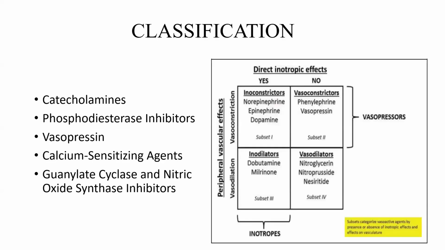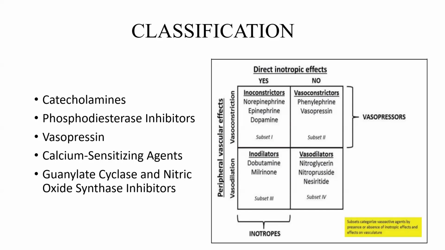So I'll just quickly go through a classification. If you look on the left, I came across two classifications in the literature. The ones on the left are the common classifications you see in most literature. They are divided into catecholamines, phosphodiesterase inhibitors, vasopressin or ADH-like molecules, calcium sensitizing agents, and guanylate cyclase and nitric oxide synthase inhibitors. But on the other side, sometimes you come across classifications like